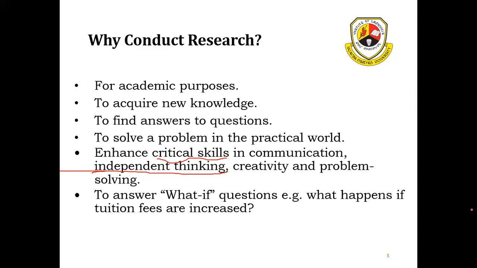So the question from one of your colleagues who called me last week, immediately after our lecture, was, where does research come in? Now for you as IT professionals, where does research come in?